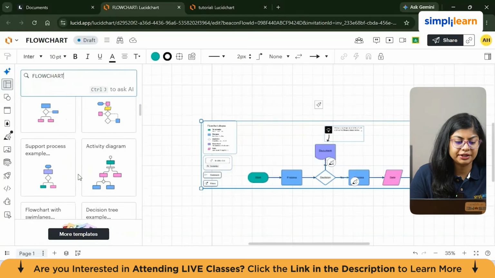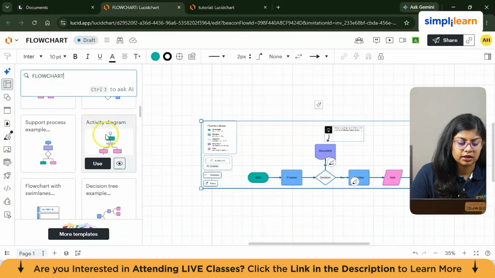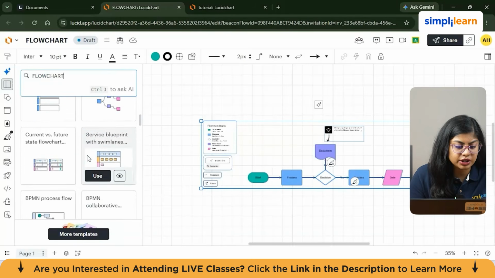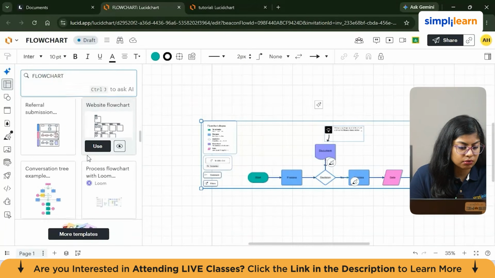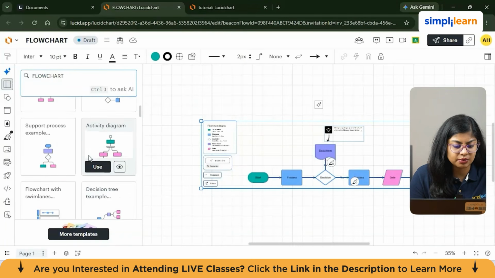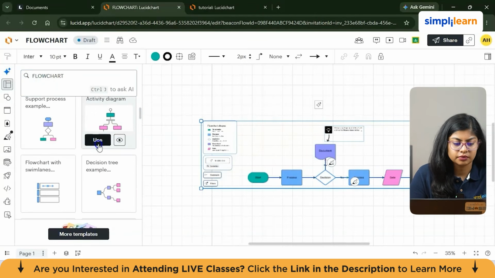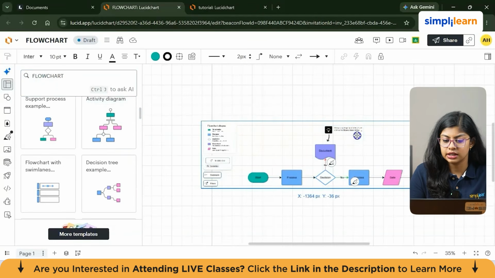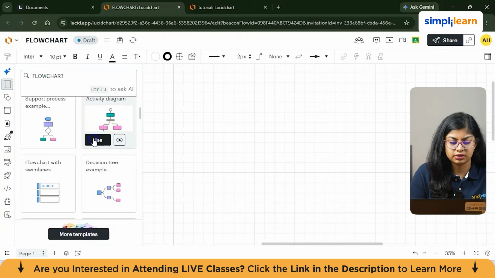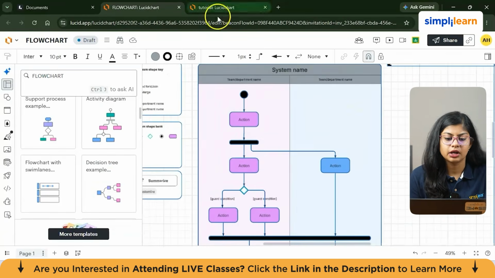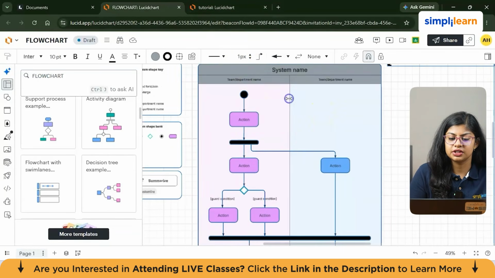So you have multiple flowcharts, and let's say I want this. I'll have more yes or no questions, so it is mostly two-way divided, and I think that will be the best option for us. So I'll be going with this and use it. Let's first delete this and use this. So as you can see, all the things are here. We just need to edit them. If you want this division and all, you can keep it, else you can remove it.